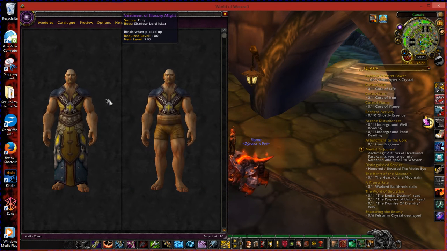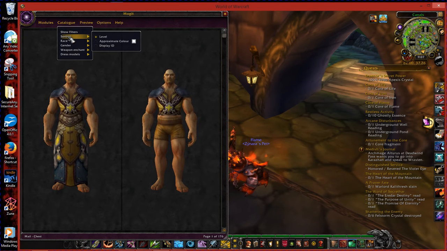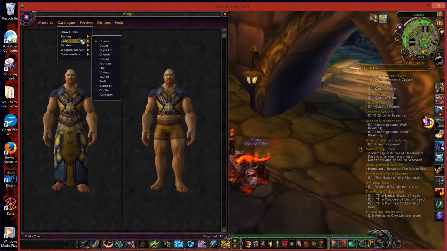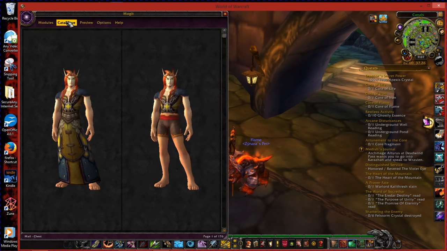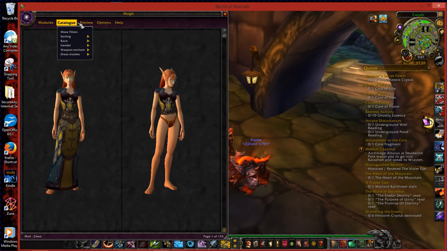So you can see what the armor looks like on each of the races. But let's go ahead and, since I'm a blood elf, I will start with the blood elf here. Again, it's under catalog, race, and gender. There's the race, there's the gender, because blood elves are just pretty that way.